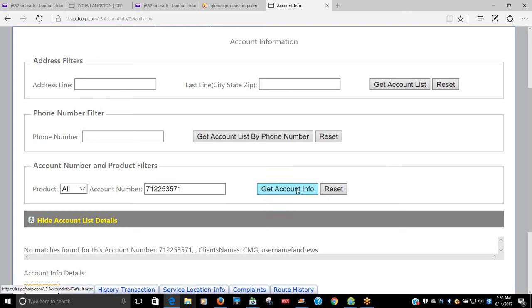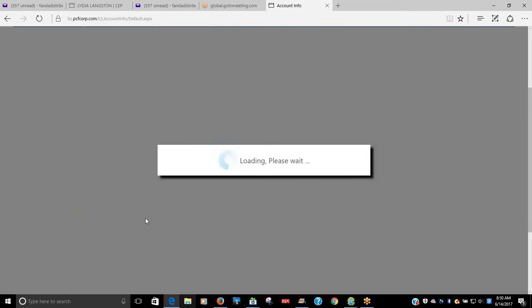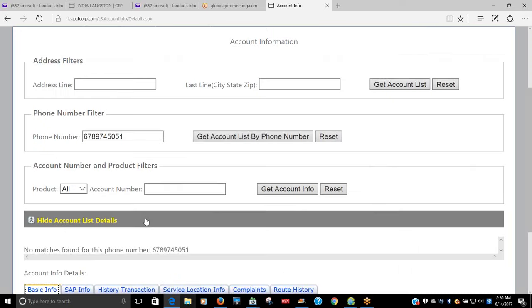Does anything start with AJC? Yeah, all of the account numbers will start with AJC. So let's try AJC